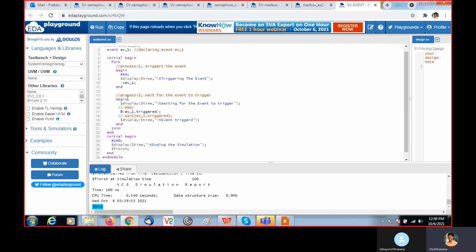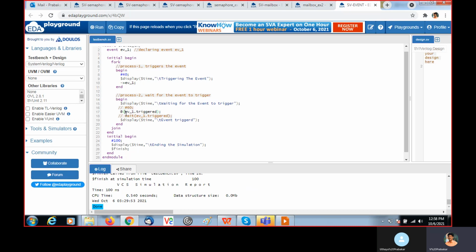So here this at event dot trigger should execute before this event happens. This wait for the event to trigger line should be executed before this happens.